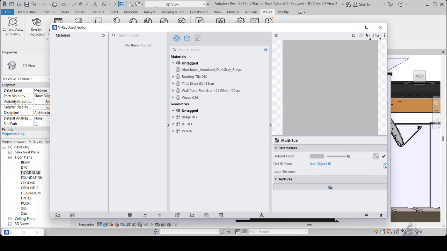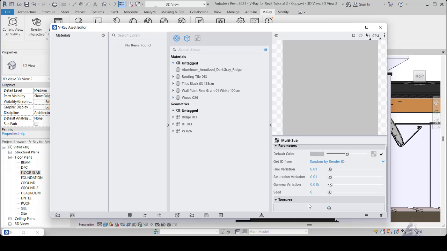So when I reach multi-sub, get ID from, I will change it to random by render ID. So once I am here, I will just do a little settings, 0.01, 0.01, and this I can say 0.02, or let's just say 0.015. So, and that is that. So all these parameters I set,